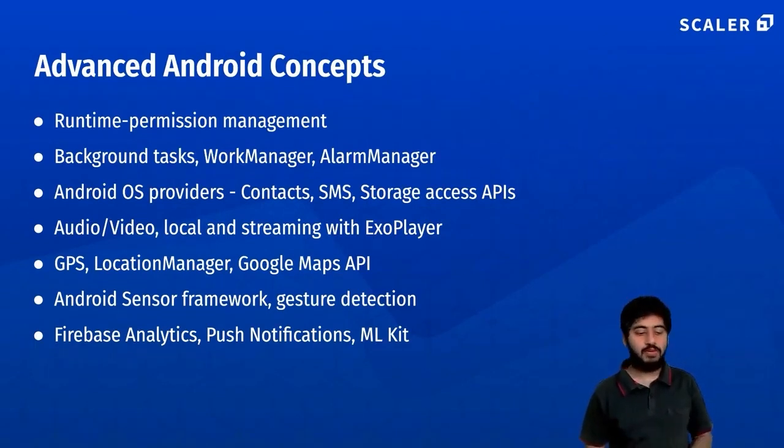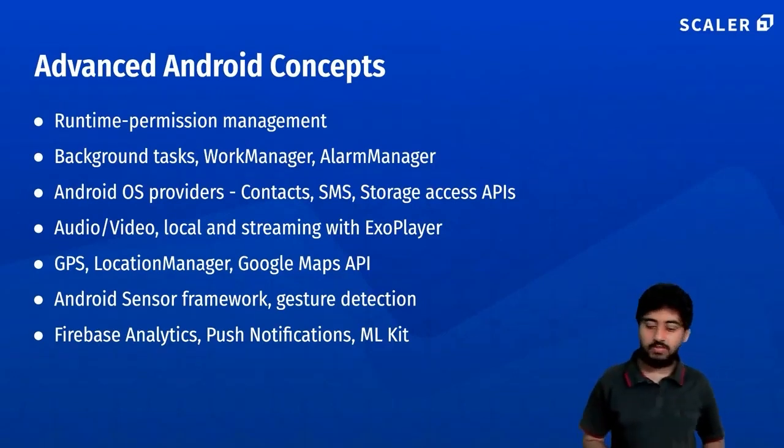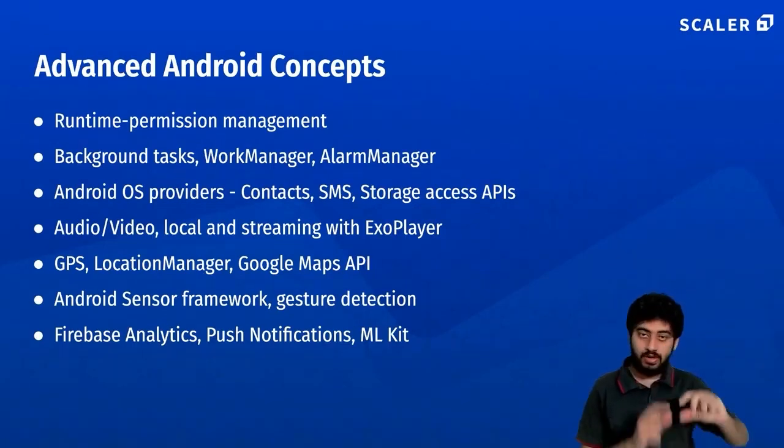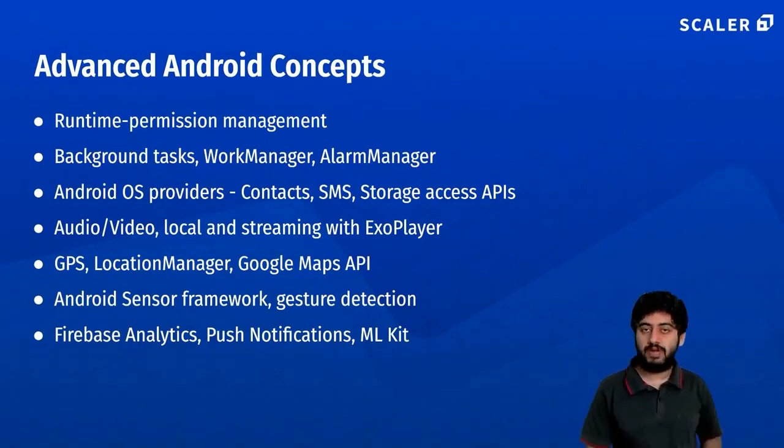How that works, okay? How background tasks work. So your apps, like say Gmail app, is synchronizing your email and downloading your email and attachments in the background at different times of the day. So using WorkManager and AlarmManager to schedule tasks in your app to happen at different periods and execute them in the background even when that app is not open, or even when the phone screen is off and it is just lying on somebody's desk. How to do those kind of things. So knowing those things are important.